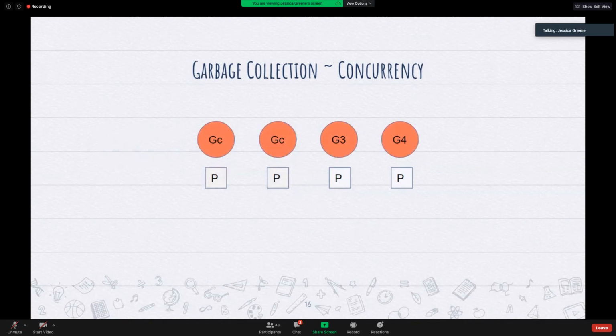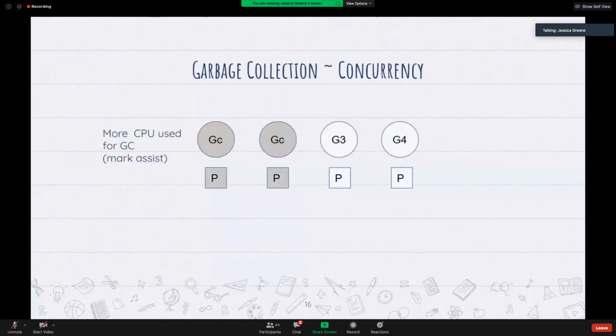Then we enter our second stop the world phase, mark termination, as we talked about before. Everything has to stop again. And sorry, just in case it wasn't clear on this slide, the other Go routines are still doing program work. So we can still continue to have our application run. This is happening concurrently. And it's only these 2 sections where we have stop the world time where we actually have to stop doing program work. And after that, all of our Go routines can go back to program work.